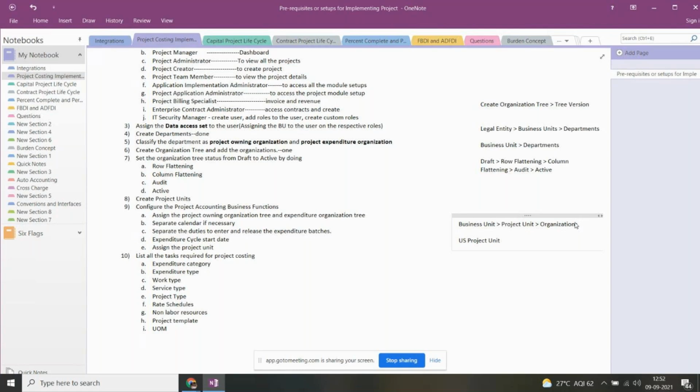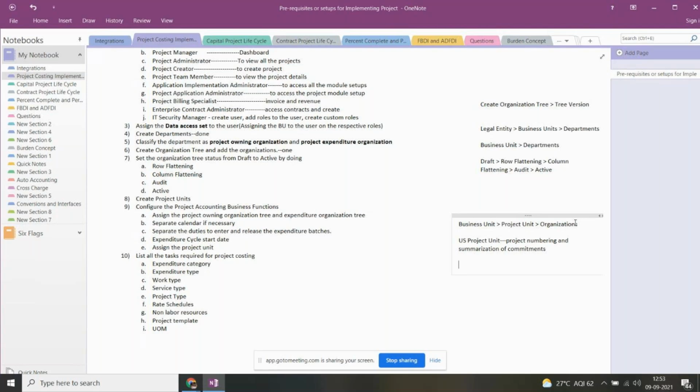But if they have multiple lines of business and they want to create projects differently for each line of business, especially for the project numbering and also the summarization of commitments, right?